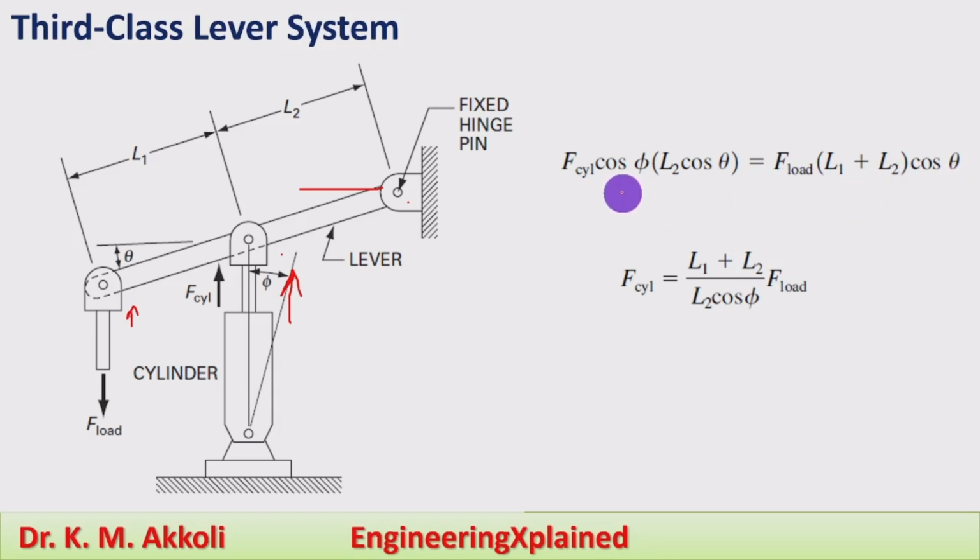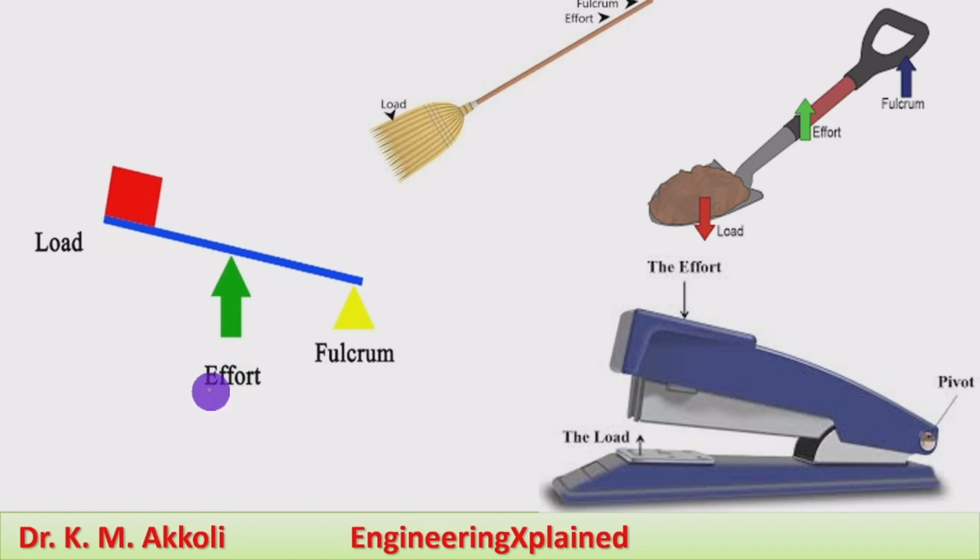Then we are going to find out F cylinder. F cylinder is equal to L1 plus L2 by L2 cos theta, cos phi multiplied with the F load. By this we can find out the cylinder load which is required to lift the load according to the third class lever system. The examples of this third class lever system: first, let us take the animation of the third class